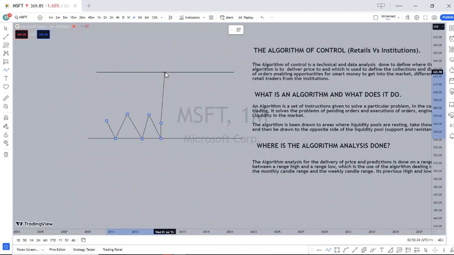Now, when price gets to an area of resistance, let's just say that you're trading the euro dollar. If you click sell, it means that you're selling the euro and buying the dollar, right? Your stop loss is placed above here, so it's telling you that if price comes back higher, you want to buy the euro back and sell off the dollar. But what happens? It is selling off, so later on it starts to buy, and the euro is now having more value than the dollar. So you're like, oh gosh, let me buy it back.